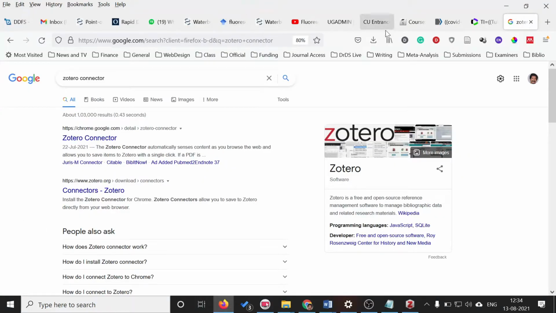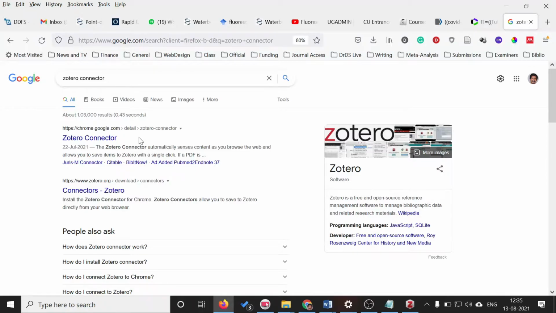Okay, so there is another way to add references into Zotero, and that is using the Zotero connector. Now I am using the Firefox web browser. For Firefox, there is a particular icon shown on the top, just like a page icon here. This connector is available for Zotero, and similarly there is a Mendeley connector. Mendeley is another bibliography management software, and it also has such web importers or connectors available.